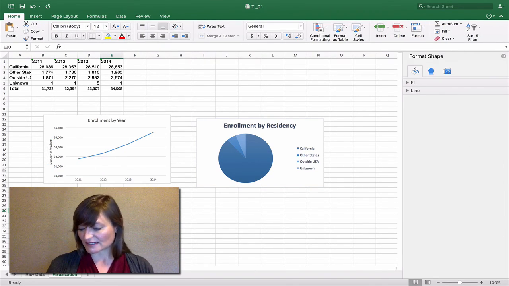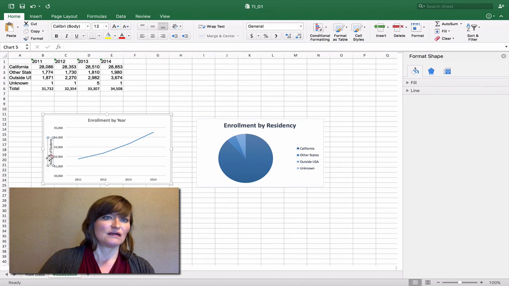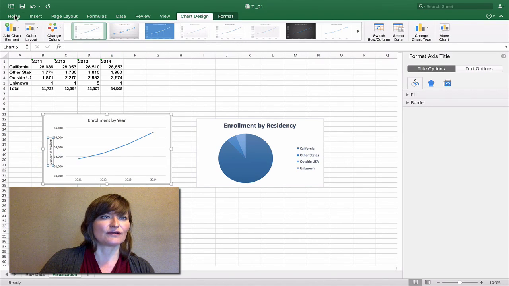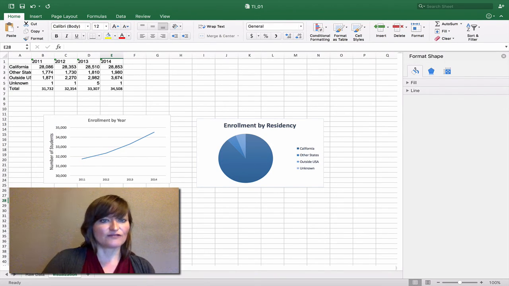Let's try that. And that should be written in title case with the primary words capitalized. We can increase the font, make that easy to read. We could increase the font on our data labels. How about a title for our x-axis?